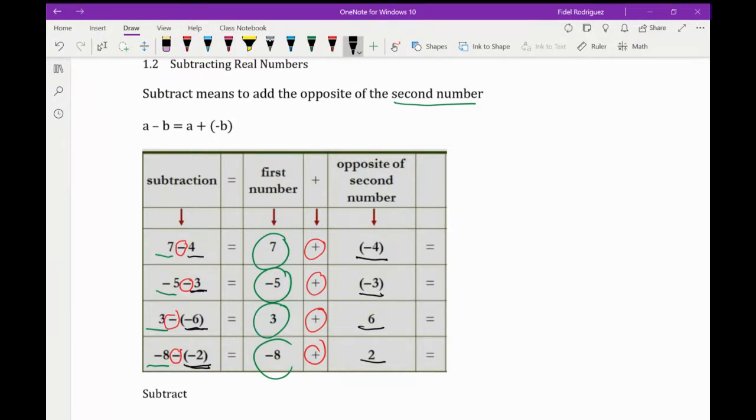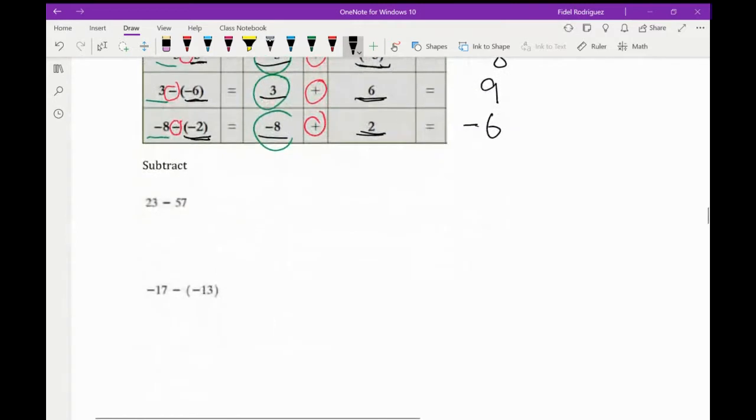And the reason why I'm doing that is because I already know how to add numbers with different signs, right? So if I have $7, but I owe you 4, well, I'm left with 3. And if I owe you 5 and I borrow another 3, well, I owe you 8. And if I have $3 in one pocket and 6 in another, now I'm left with 9. And if I owe you 8 and I only have 2, I'm still going to owe you 6. And so I'm going to do that with every single one of these problems.